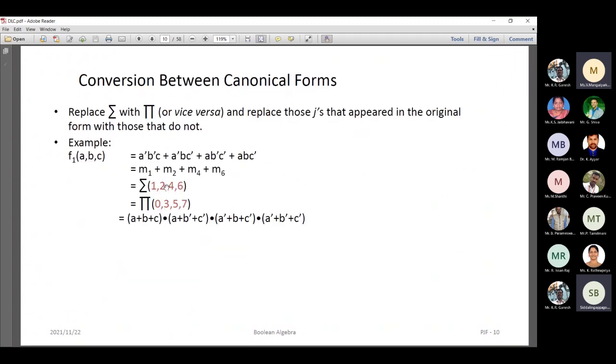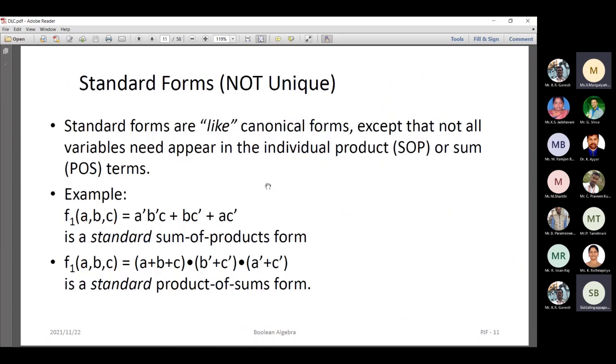In this case, if you see these two expressions, this one as well as this one, we call them canonical form expressions. Why? Because in this expression, A, B, C are all there, whether in complement or non-complement form, that doesn't matter. You should have all the terms, right? Here also you can see A plus B plus C, all the terms are there, either complement or non-complement. So all the terms consist of A, B, C, and this type of form we call a canonical form, right? If the terms are missing, then we call it a standard form, right?